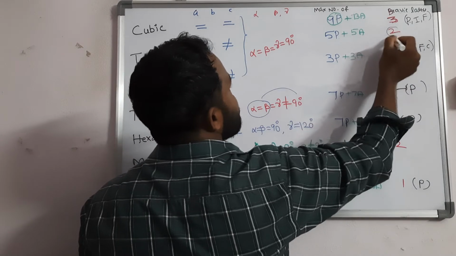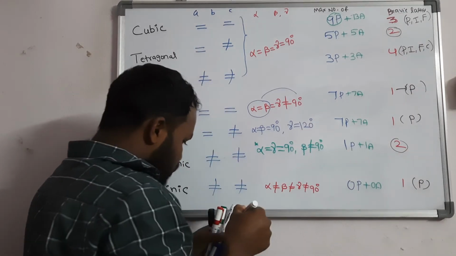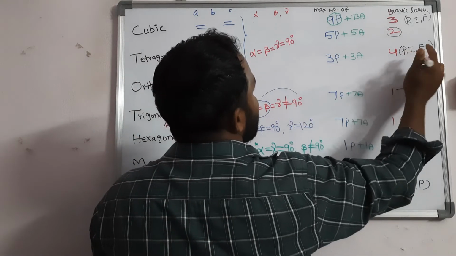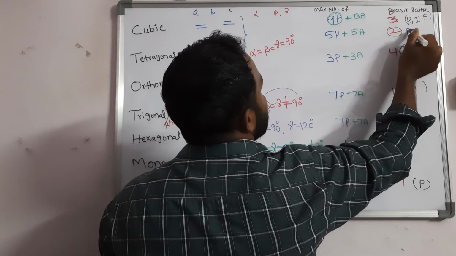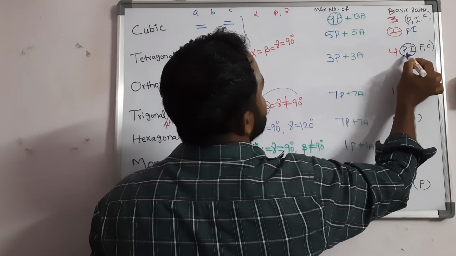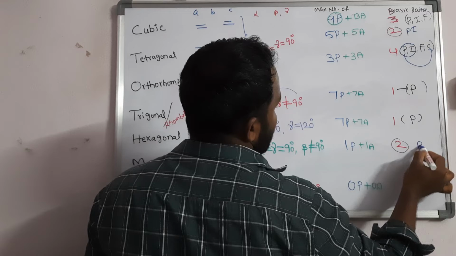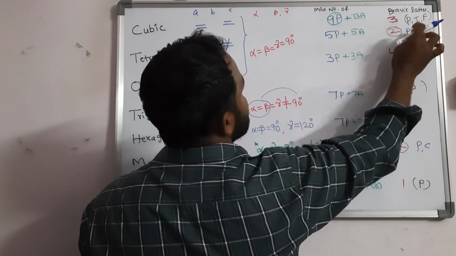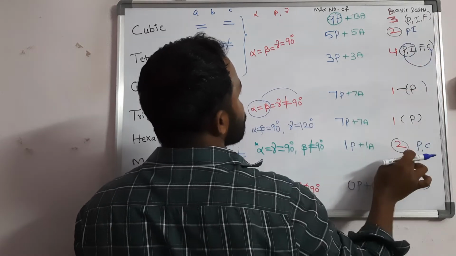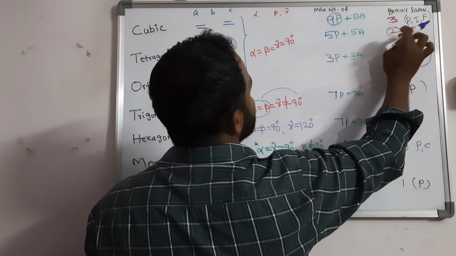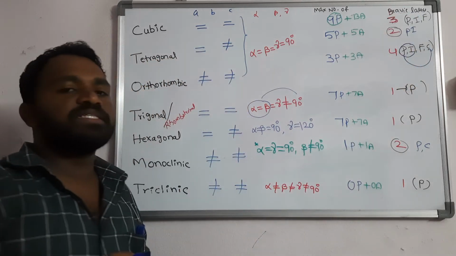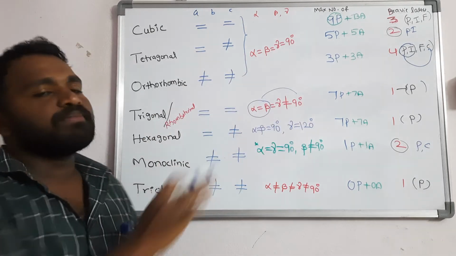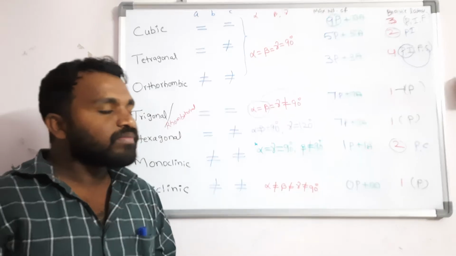Next, here 2 is there. How will you sort this out? Simply write PIFC, right? PIFC means the first two terms are for the first two and the last two terms are for the last two. PC for the last two. Again I am repeating: for the first two you should write the first two, PI. For the last two you should write the last two. In this way you should remember. This is the complete concept of crystal systems.